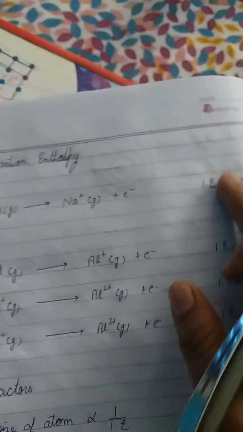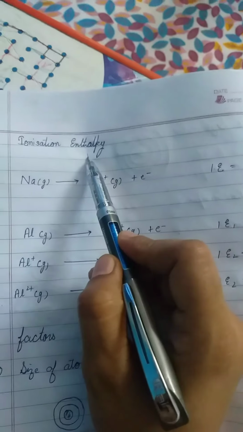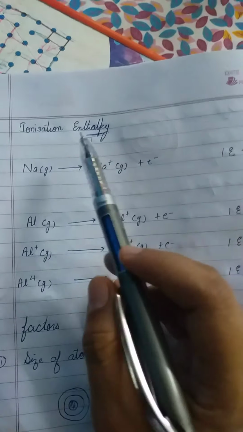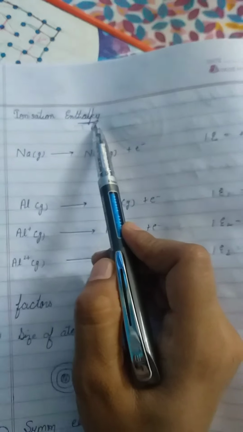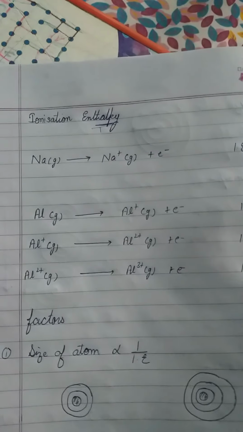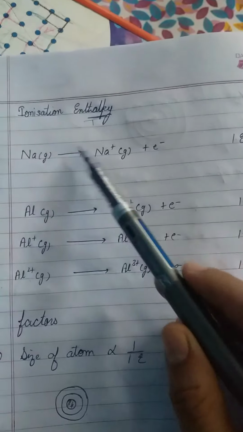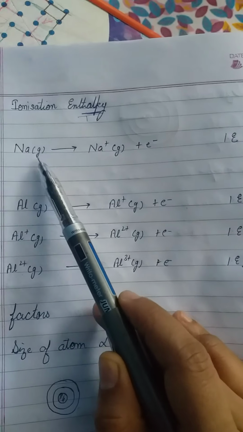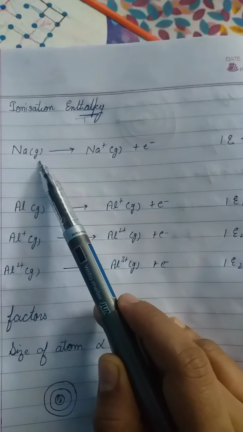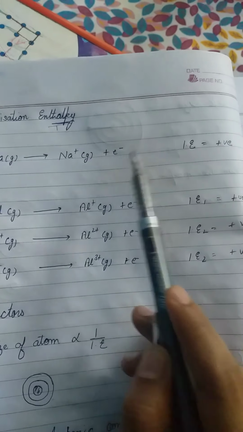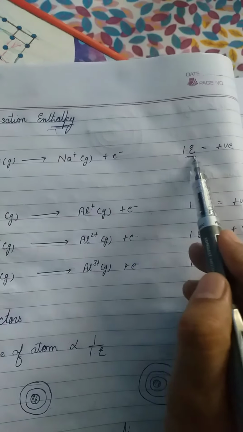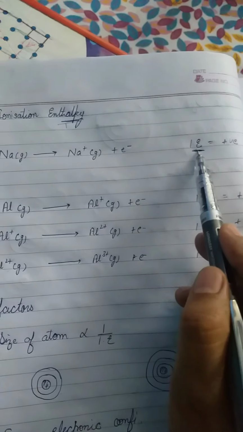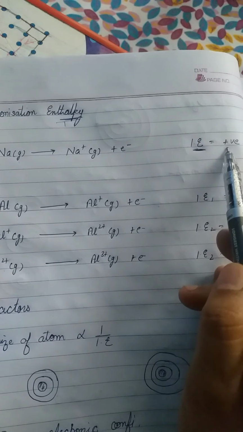Now another property we have is the ionization enthalpy. Now what is this? The word enthalpy is always used for energy. Ionization enthalpy means you have to take out an electron from the atom. An atom should be in the gaseous state. For example, here we have sodium, and sodium should be in gaseous state. So we will use some energy to remove the electron. That energy is known as ionization enthalpy, right? Because energy is required, you have to put some energy to take out the electron,